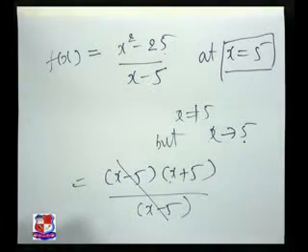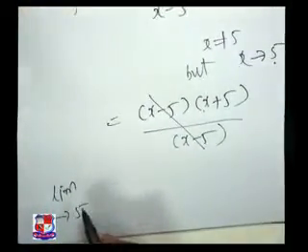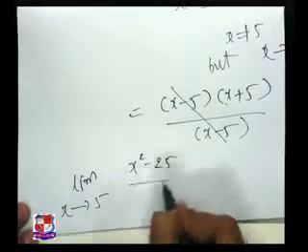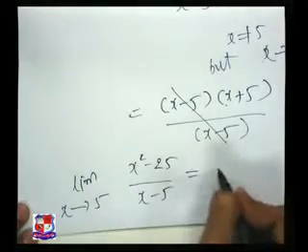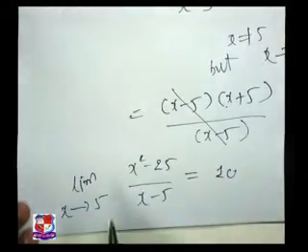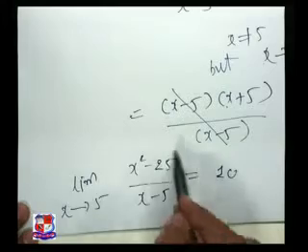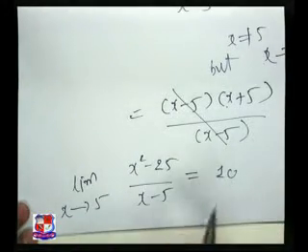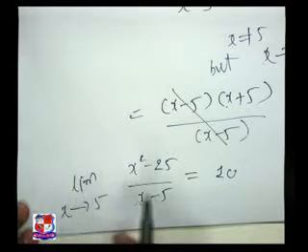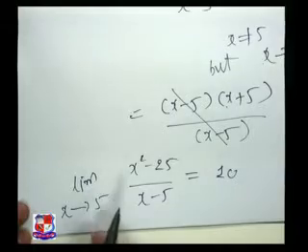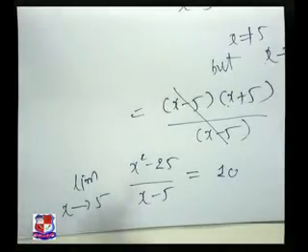We can say that limit x tends to 5, x square minus 25 upon x minus 5 is equal to 10. That means as the value of x approaches 5, the value of this function approaches 10, and we can say in limit form that limit x tends to 5, x square minus 25 upon x minus 5 is equal to 10. So that is the idea of the limit, and after that we have discussed some basic, fundamental rules